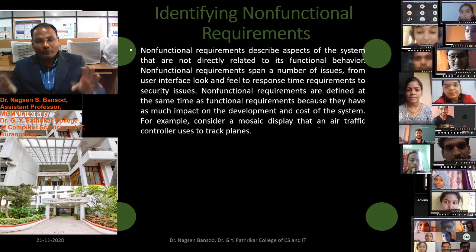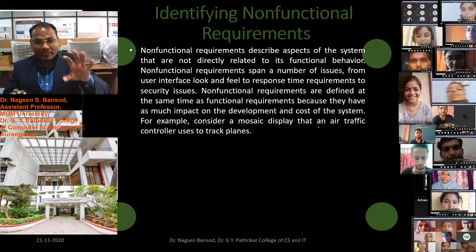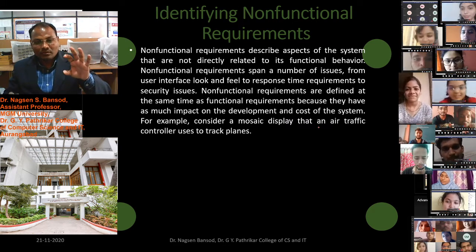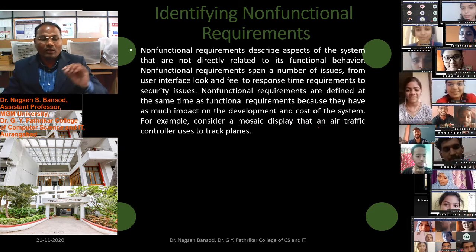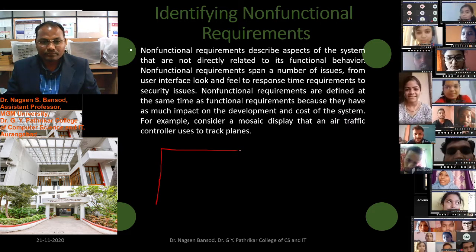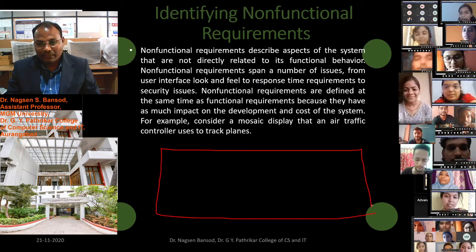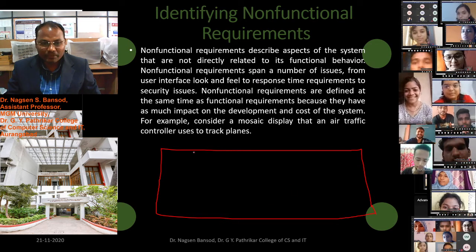On that display we can find the aeroplanes, and at which location each aeroplane is. You see displays like this at an airport. We can say that is a mosaic display.